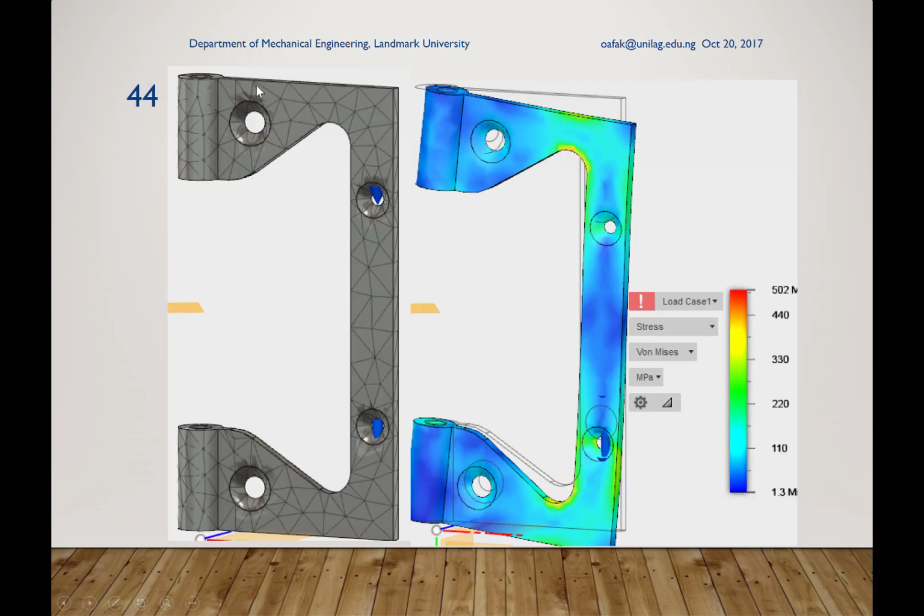So again, this is the third component, that is the outer. If you look at it, this is the meshing of it, and this is a demonstration of the displacement that has happened to it as a result of this extreme loading. In fact, the loading we gave it is far in excess of the loading that a normal door will give, just for the purpose of our analysis. Sometimes you deliberately overload the element to see where problems will likely arise first. So we will talk more about that at a later stage.